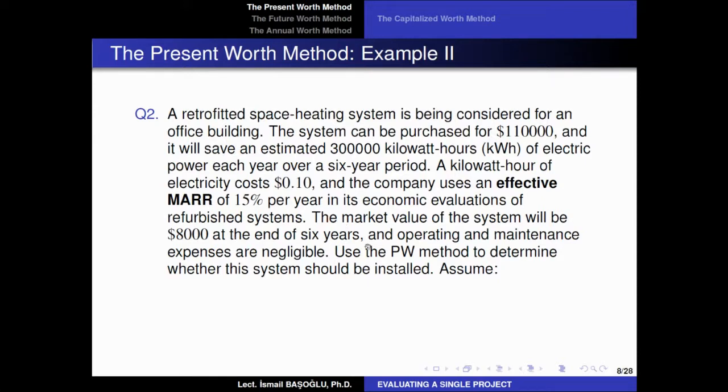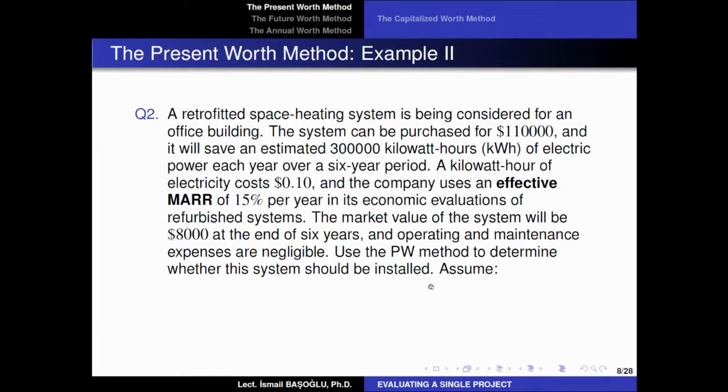So at the end of the 6th year, if we want to sell this space heating system, though we purchased it for a very large amount, like $110,000, we can sell it for $8,000. Okay. The operating and maintenance expenses are negligible, it says. So when we use this heating system, we are of course going to have some operating and maintenance expenses as well, but the question says that these values are so small that they should not be a part of our analysis. So we are going to use the present worth method to determine whether this system should